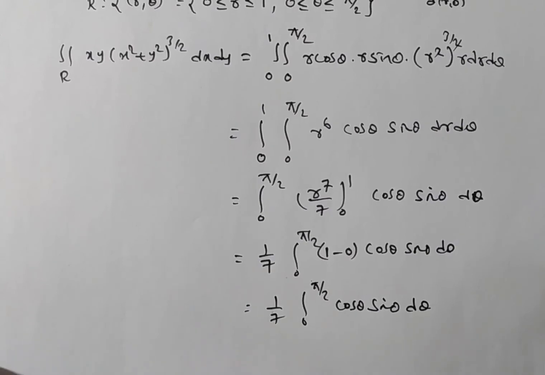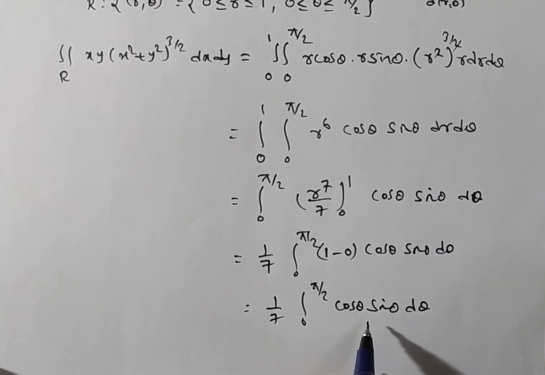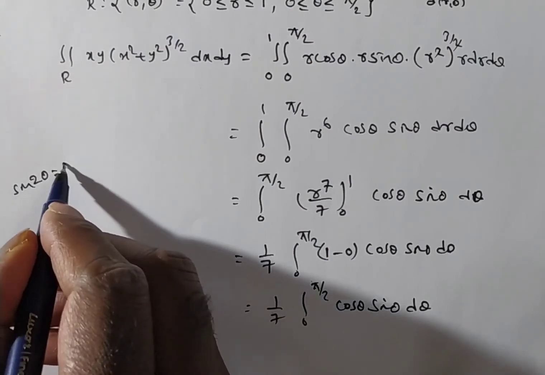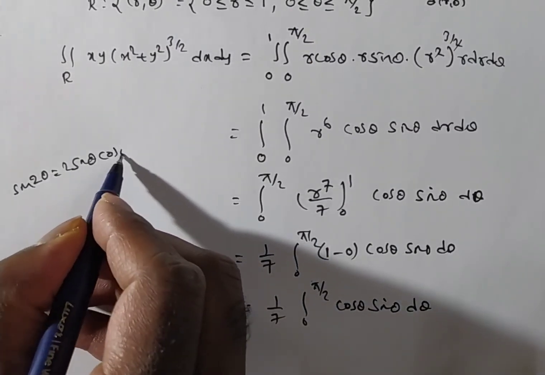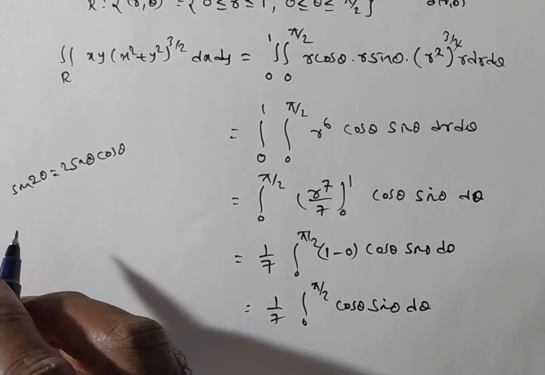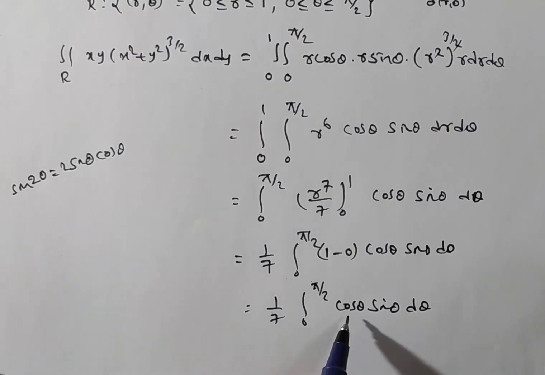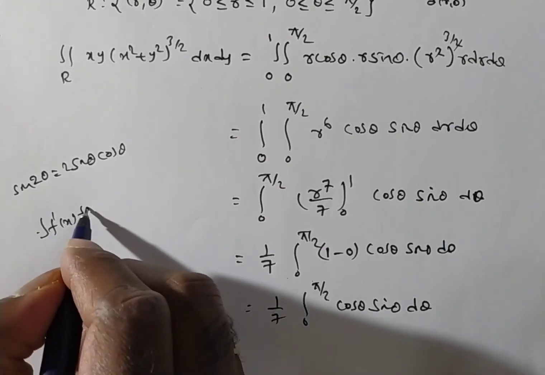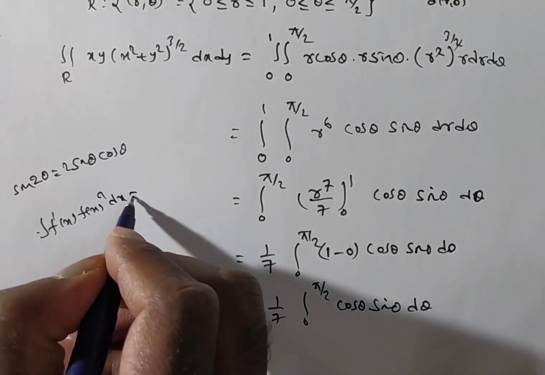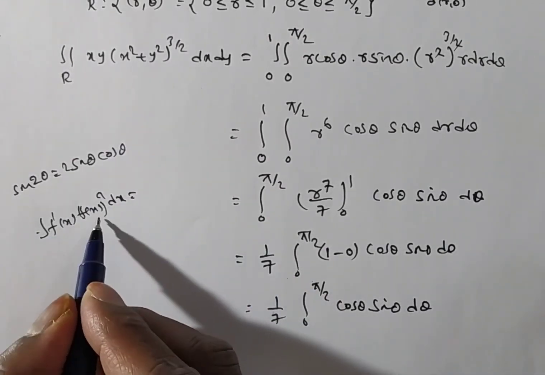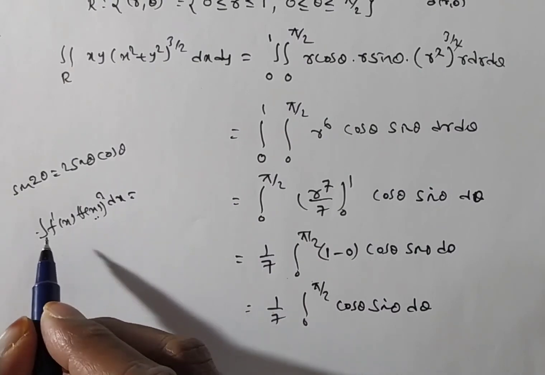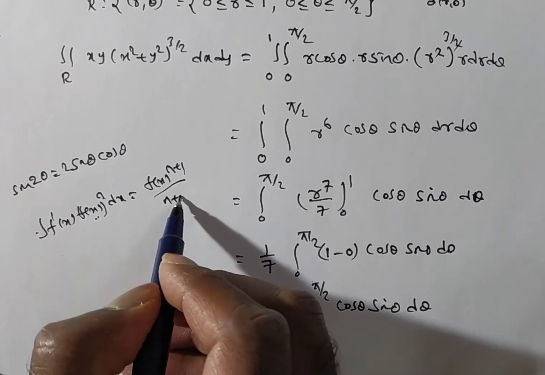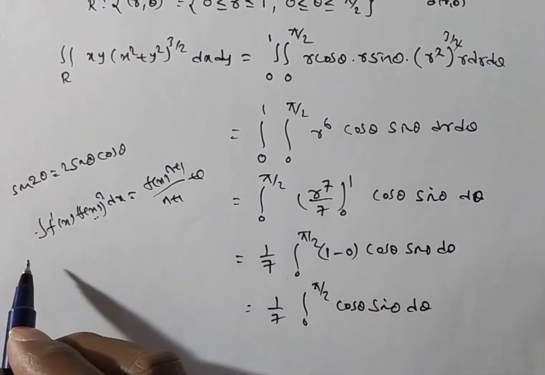Now you can do this in two ways. One is the formula sin 2 theta equals 2 sin theta cos theta; you can do it by that method. Or else, whenever you have a product of two functions of the form f dash of x into f of x whole to the power n dx, it is a bracket power n with the bracket derivative beside. Then you can write the bracket power plus 1 by power plus 1 plus c in an indefinite integral.